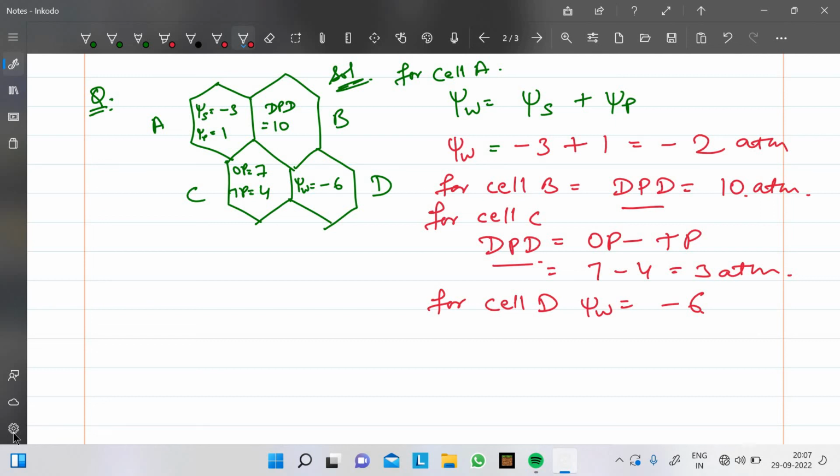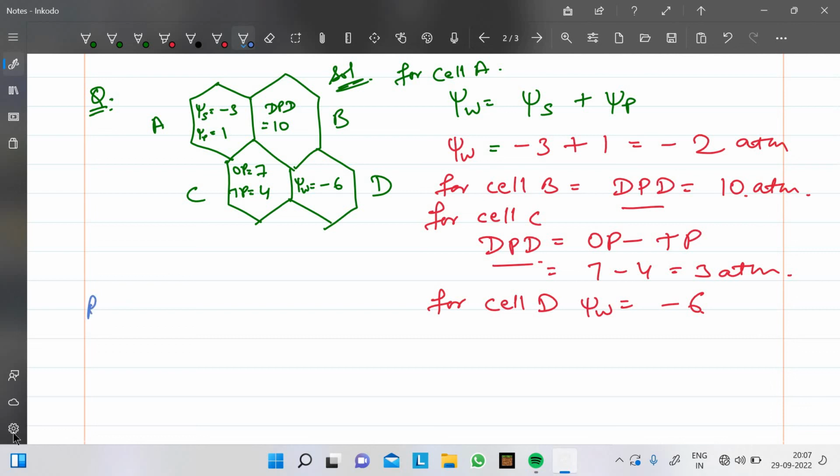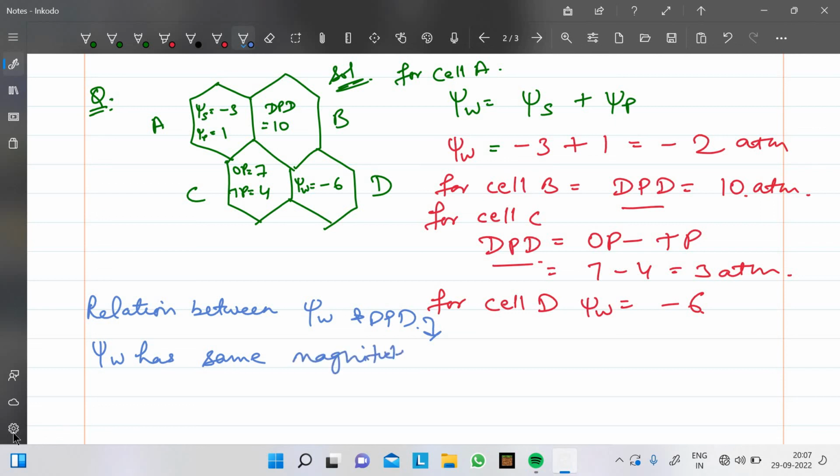ठीक है, तो एक यहाँ पर स्टेटमेंट है, जस्ट लर्न इट, कि डीपीडी जो होता है, डिफ्यूजन प्रेशर डेफिसिट की वैल्यू कभी भी नेगेटिव नहीं होती है। तो व्हाट इज द कोरिलेशन बिटवीन डीपीडी एंड वाटर पोटेंशियल? रिलेशन बिटवीन वाटर पोटेंशियल एंड डीपीडी वो ये होती है कि water potential has same magnitude as DPD but has negative sign,